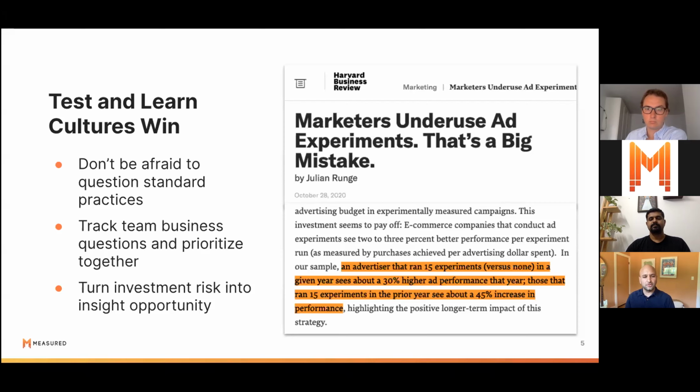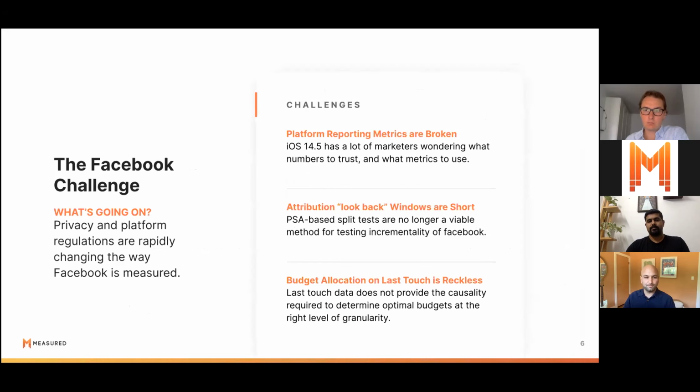Additionally, and this is probably the most important one, reframing the concept of investing in experiments, not as risk, but as opportunity to uncover insights. With good experimentation, obviously, in a lot of cases, there will be situations where you have to divert a certain percentage of spend or hold out a certain segment of the market in order to create a testing control environment. But given the big upside that we see for brands who do experimentation, we like to think of this truly as insight opportunity that you're buying, not necessarily risk dollars that you're putting at risk, especially when you consider some of the significance of the results that our brands tend to find when running these experiments.